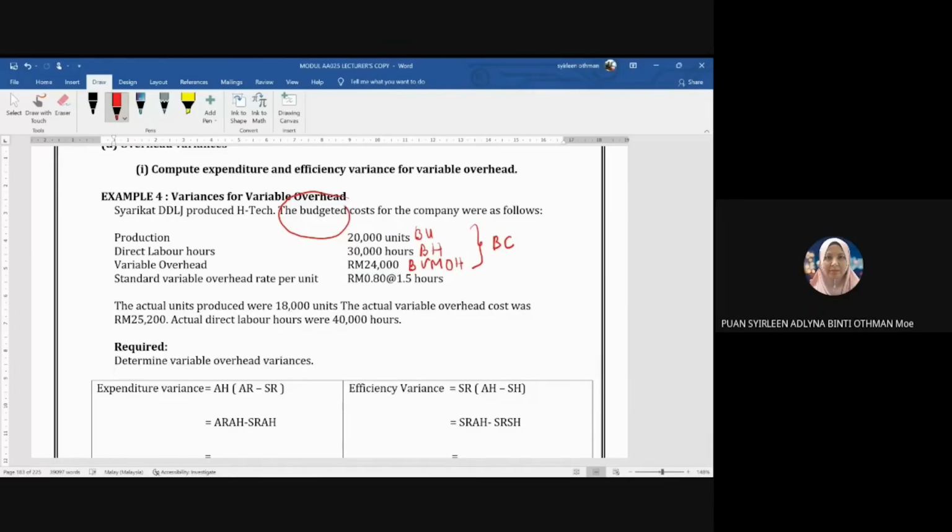Okay, so dia dah bagi nilai standard kat sini. That means this is my standard rate and this is my standard hours per unit. Okay, alright, so ini settle. Okay, yang di bahagian bawah ni, this is actual cost. Alright, so what are given in the actual cost? You have,